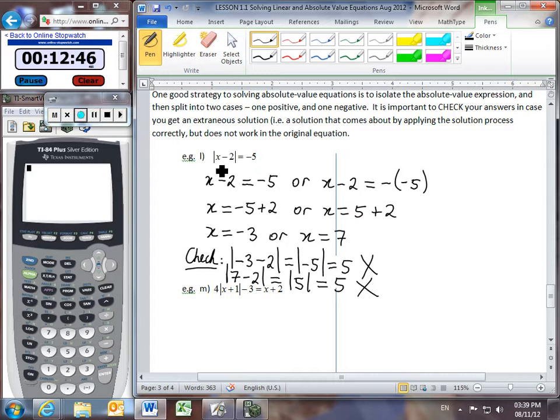Now, in fact, if we return back to the original equation, it should be fairly obvious why this is. We remember that an absolute value represents a magnitude, and we know that a magnitude must be a positive value. How can an absolute value ever equal a negative number? That's clearly a contradiction already. So although doing this algebra followed by a check would be one way of finding out that x has no solution,